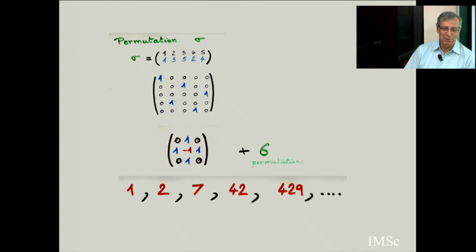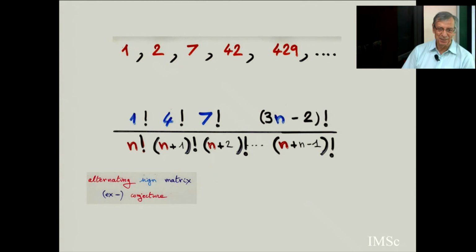And there was a very, very beautiful conjecture in the 80s that the number of such matrices is exactly this. So for 10 years, all the main combinatorists tried to prove this formula. It was conjectured by Mills, Robbins, and Rumsey in the beginning of the 80s. So this is very deep mathematics. It was solved by Zeilberger in a paper of 90 pages, and then a second proof by Kuperberg using the 6-vertex model in physics. But there is no direct, beautiful proof.